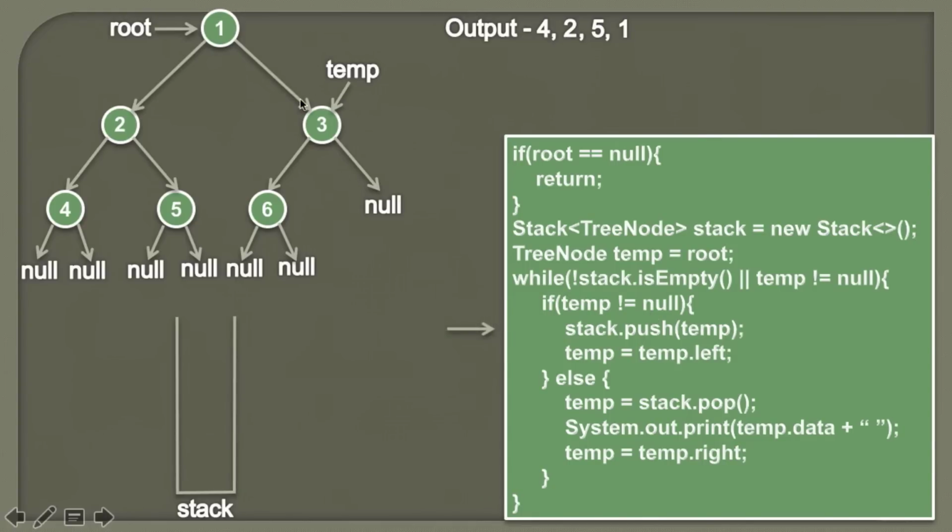And here before visiting the node 3, we have to first visit its left subtree completely. Therefore we need a way to store this element on the stack. So we simply push the temporary node on the stack. So it would look something like this. Now 3 is on the stack. And then we'll simply go to its left subtree, because this left subtree we need to visit first before actually visiting the node 3. So we are simply assigning temp.left value to temp. So here you can see temp.left is pointing to the node 6. So therefore now temp will point to the node 6.